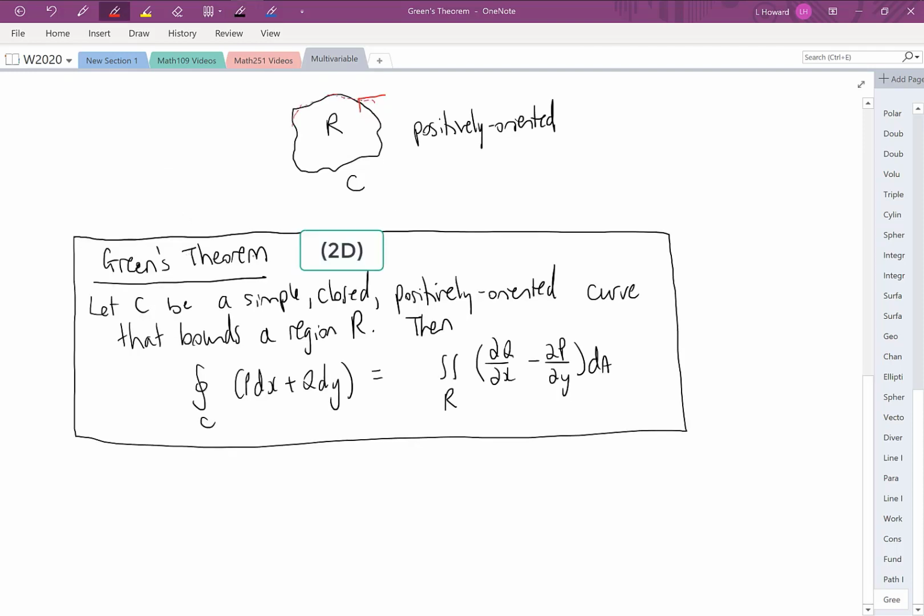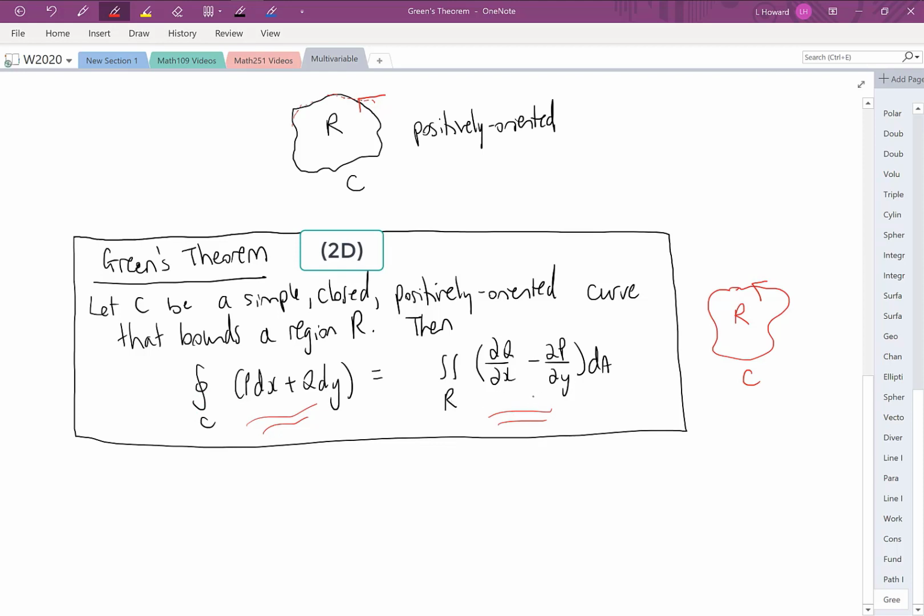So here is the statement of Green's theorem. We're going to let C be a simple, closed, positively oriented curve that bounds a region R. So let's draw a picture to get going here. Here's C. Simple and closed, it's positively oriented, so it's going this way. And that encloses a region R. All right, main idea of Green's theorem is that we're able to turn a line integral into a double integral over the region R. So line integral around our curve, same thing as the double integral over a region R